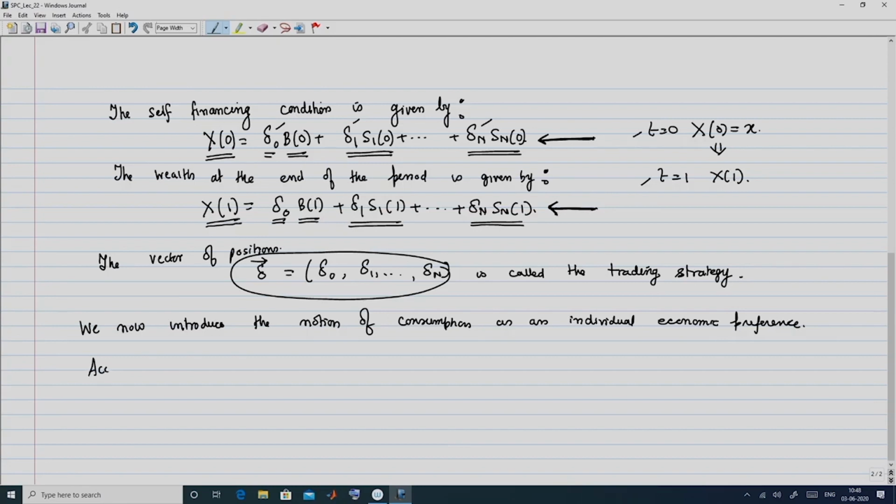Accordingly, as a result of the introduction of the concept of consumption, we revisit the wealth equations